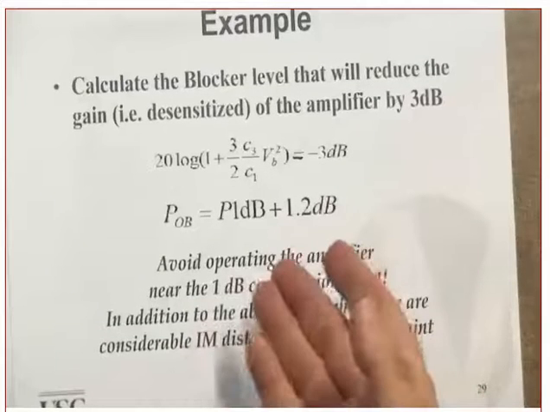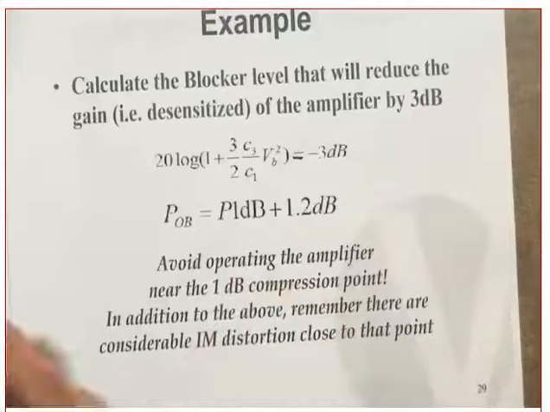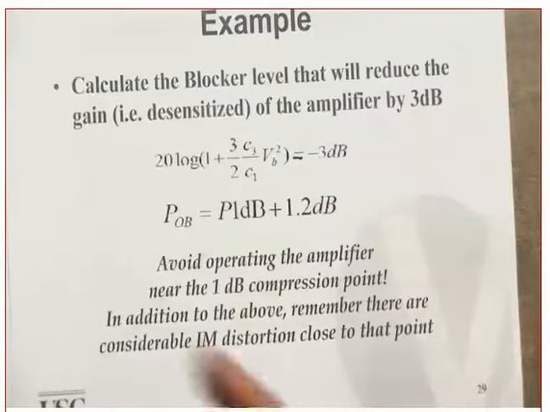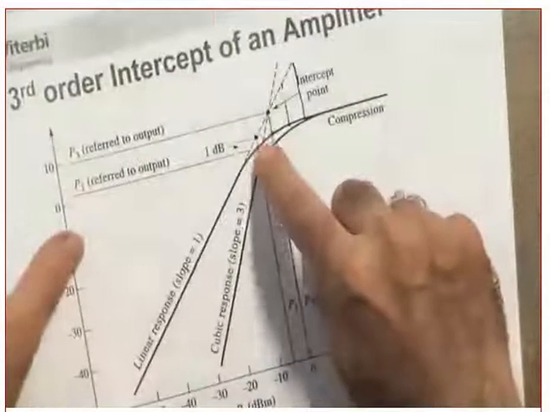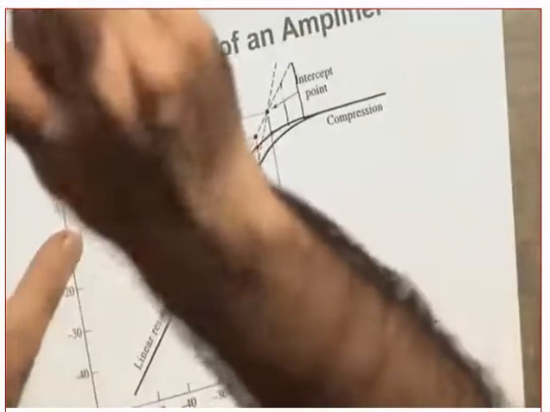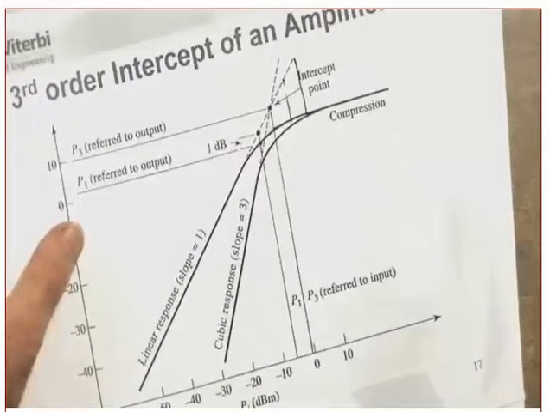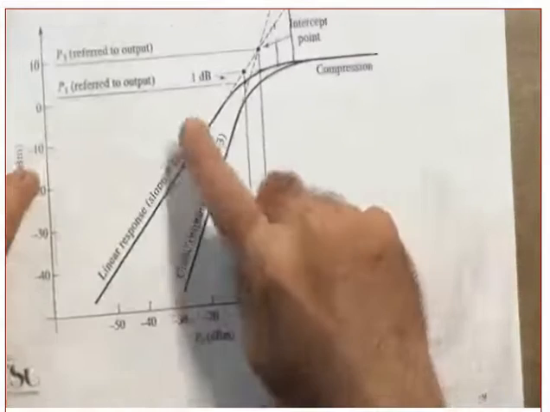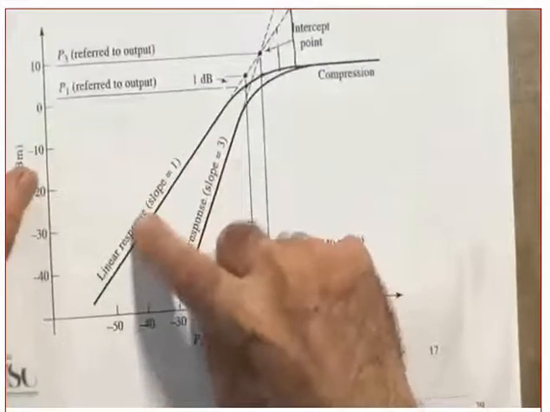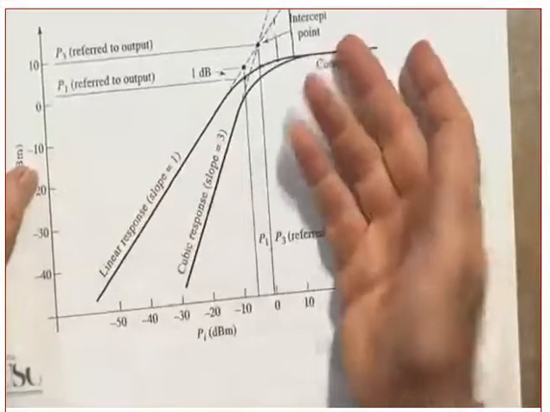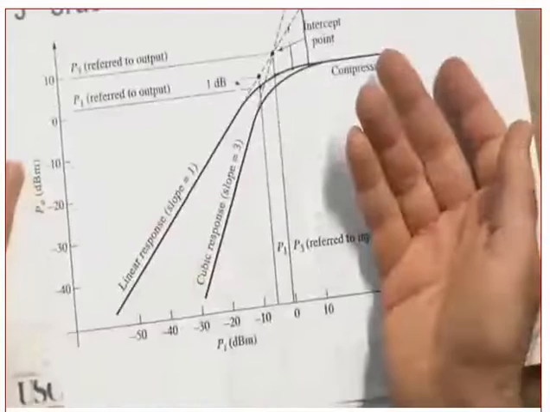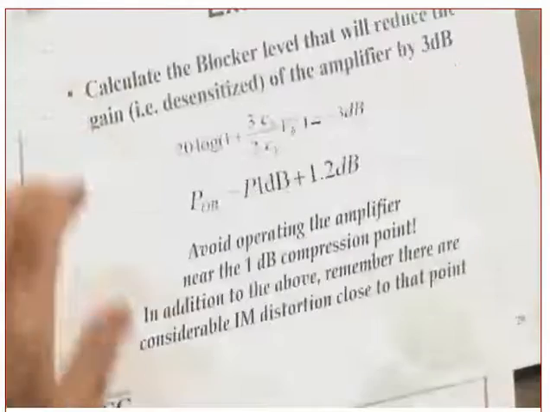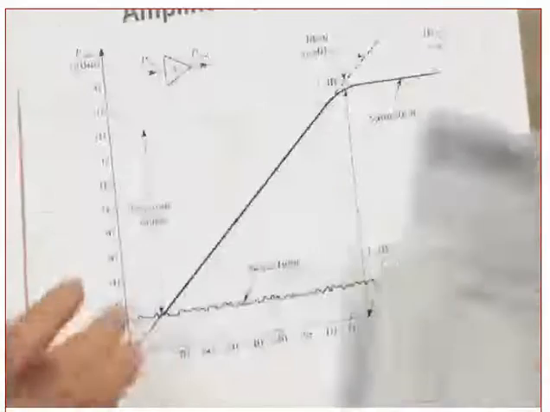So in addition to the blocking problem, we have the third order intermodulation. So what this statement tells you is to avoid operating at this point, because when you operate at this point, you have two problems: the blocking and the intermodulation. But when you operate down in here, the efficiency will suffer, because you are not using the gain of the amplifier properly. Clear? Okay, good. Now, we'll talk about this later on